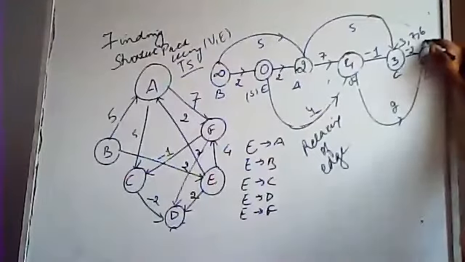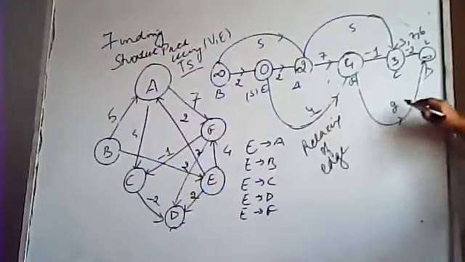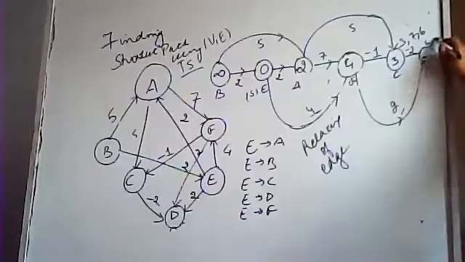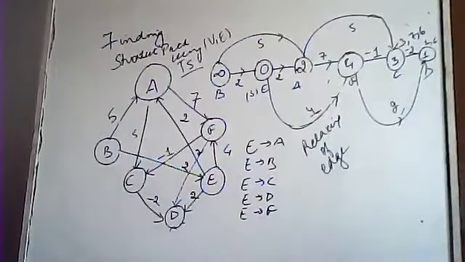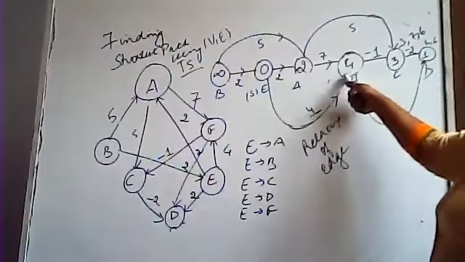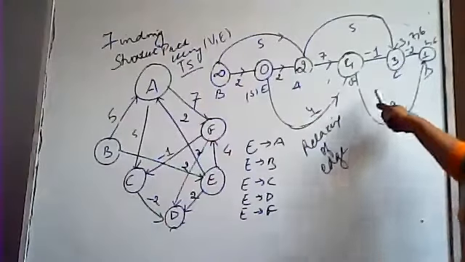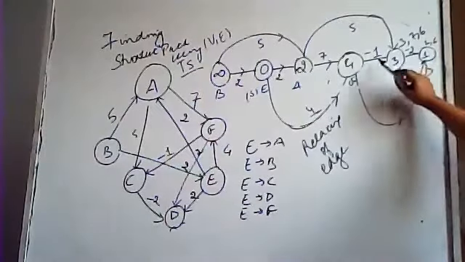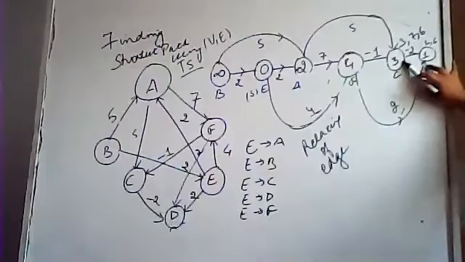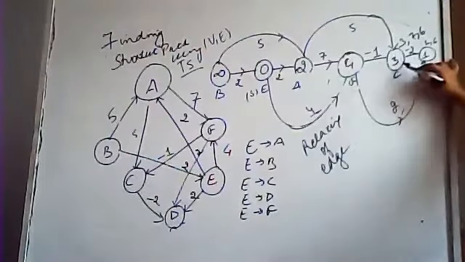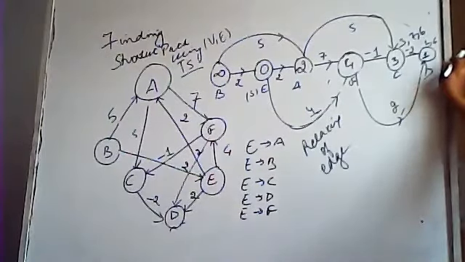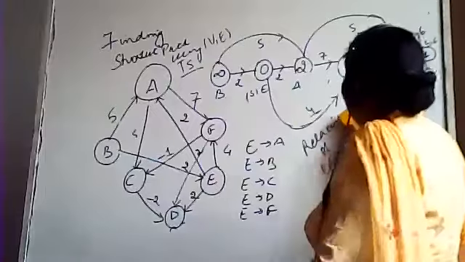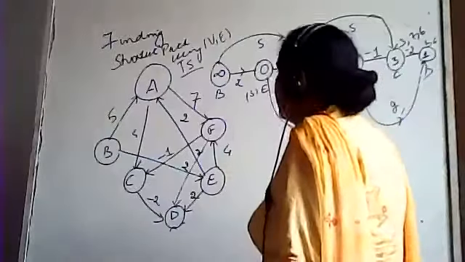Now come here. 3 minus 2 will be 1. 4 plus 2 would be 6. Which is the better option? 1. Weight is 4, edge weight is 2, 4 plus 2 is 6. Here, 4 minus 1 is 3. So 3 minus 2 it would be 1. So which is the better value? It would be 1.